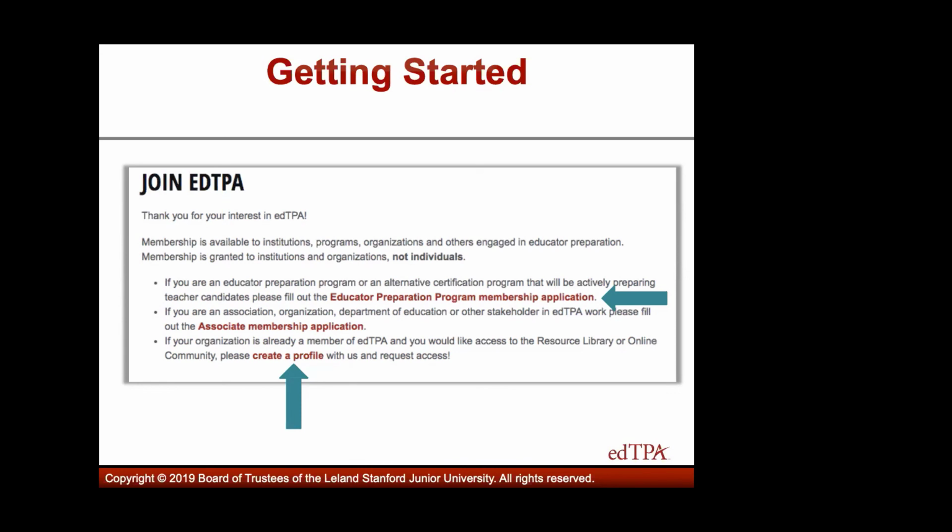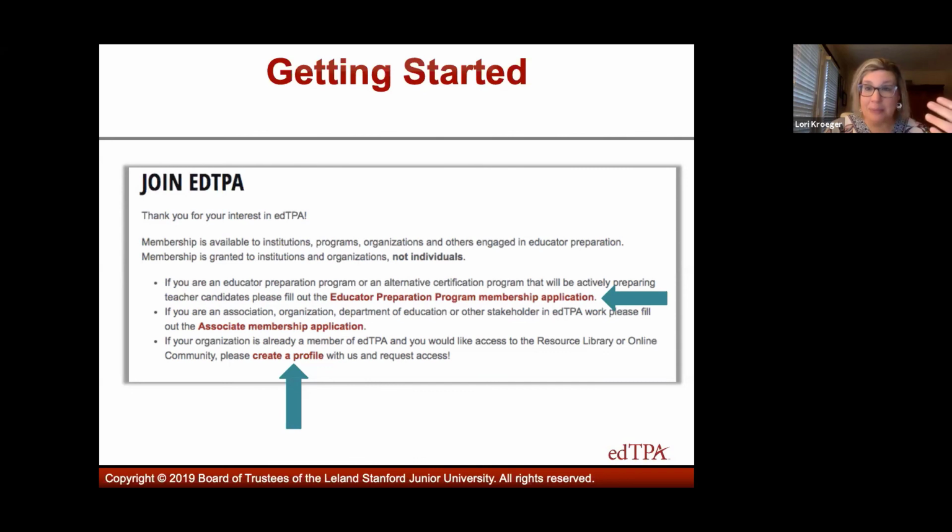If you do select the Educator Preparation Program, that application is going to ask you for things like your dean, your edTPA coordinator, your signator. The dean can just be whoever oversees the induction work for your district or your program. The signator is the name of the person who can sign to enter into a non-disclosure agreement. And your edTPA coordinator would be the person who is the primary point of contact. I'm going to talk more about what that person will receive in just a moment.